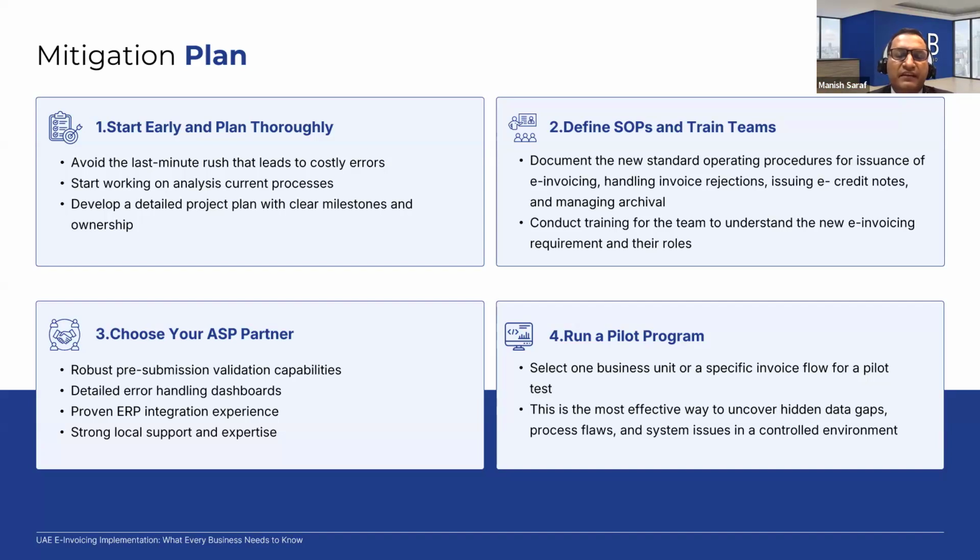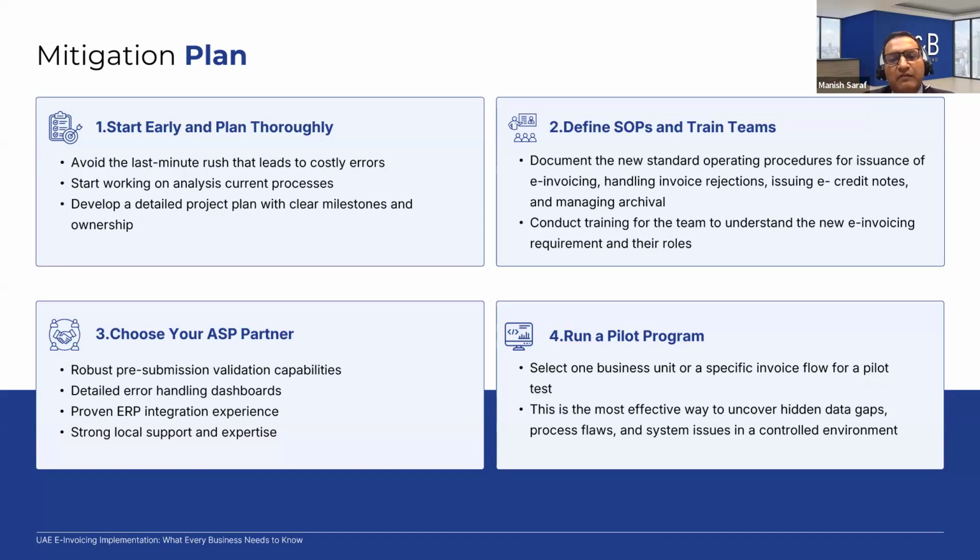And then identifying the ASP. Yes, there are now 12 ASPs which are pre-approved as per the FTA Ministry of Finance list. But yes, there would be more coming in. But before you go and select those ASPs, the first and second step is very important to understand and assess the need and applicability, because that is the prima facie, basic fundamental to look at in your businesses. And then once the ASP is done, of course, they would take it up in terms of the data flow and the testing and the implementation.